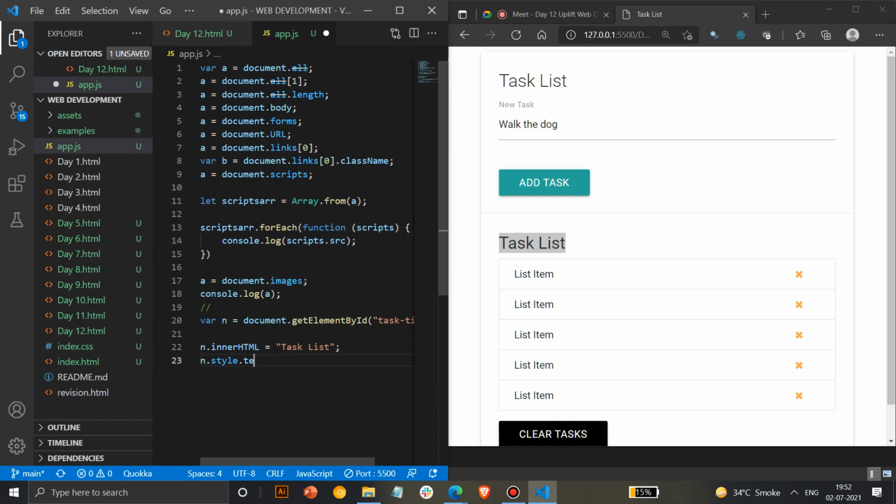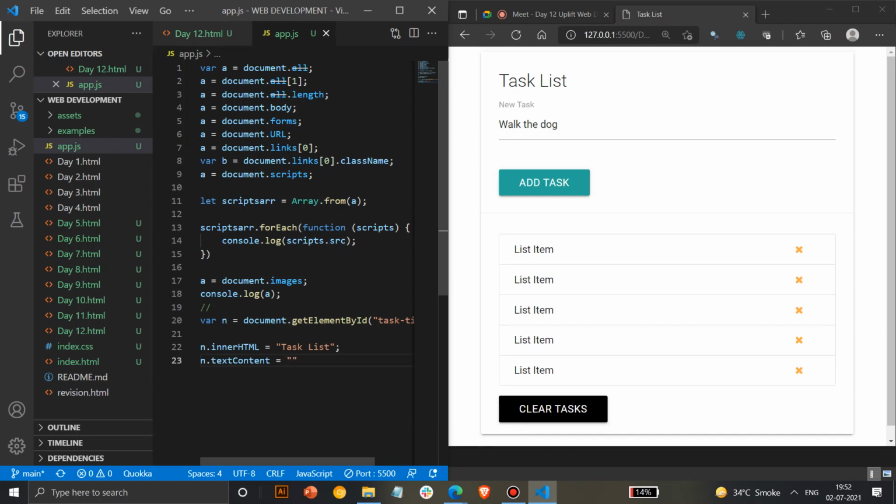I think inner text. I think dot inner text. Inner text. No, I don't remember that. Okay, I think there's something called text content, but I don't exactly remember it. If you can change it with it, or you have to directly use this without style if I use it.